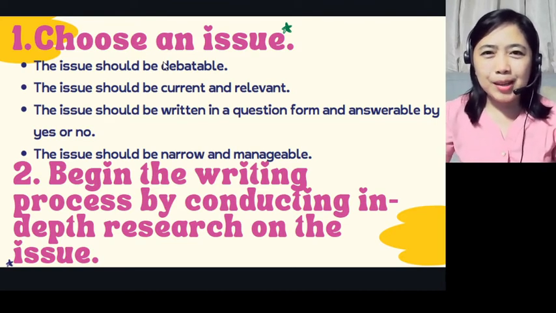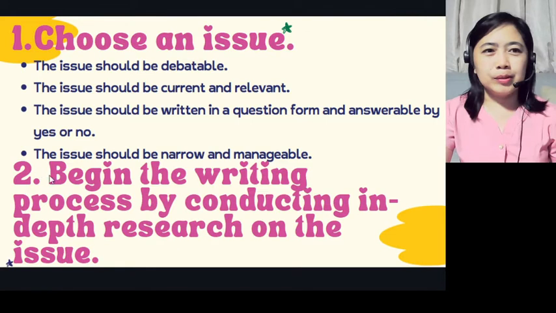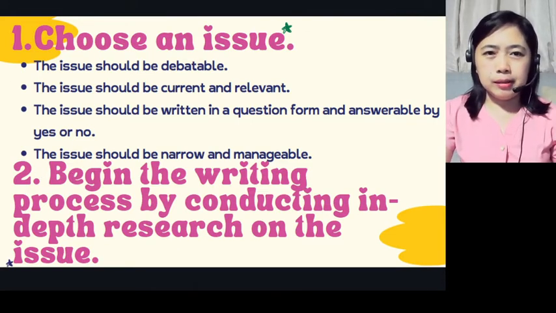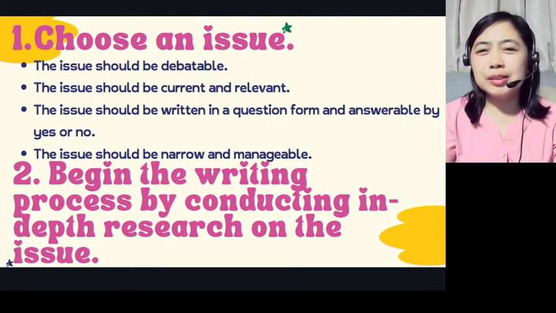Okay, another guideline in writing a position paper: begin the writing process by conducting in-depth research on the issue. Di ba? So diri palandaan, gitagaan jud ka og idea nga kinahanglan jud ka mag-undergo research.